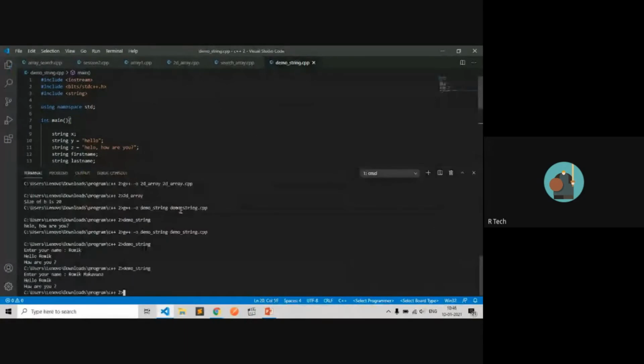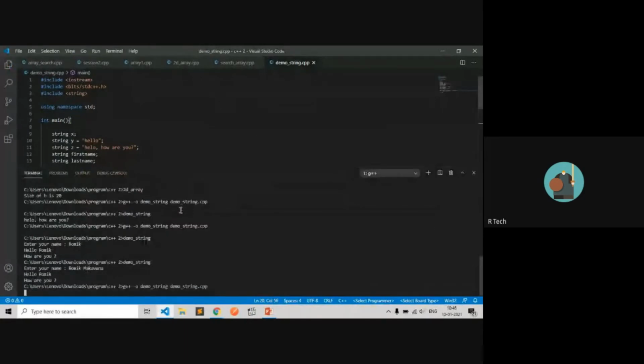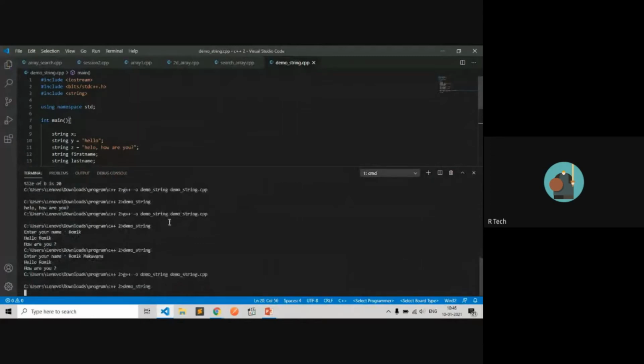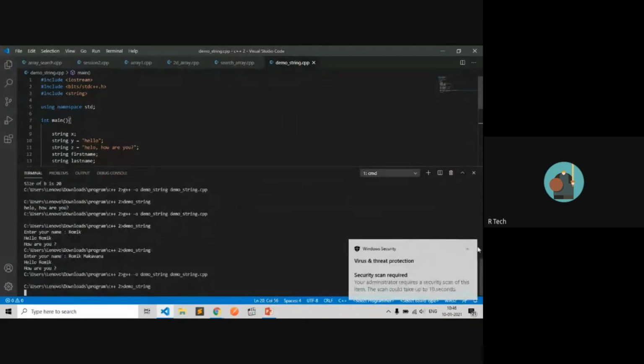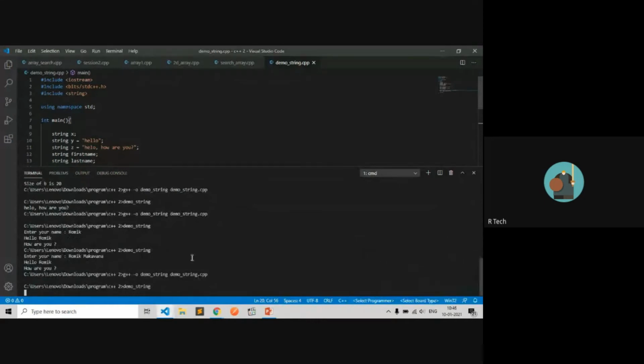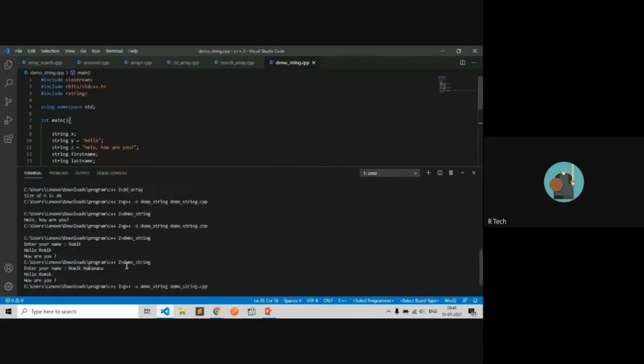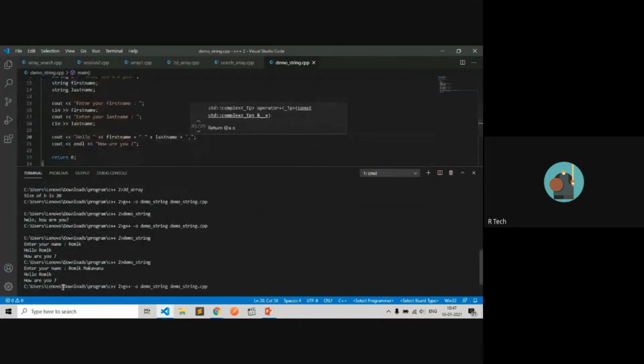Compile program. It's asking me for first name. The name is Romit. Next is the last name. It's saying hello with just the first name.